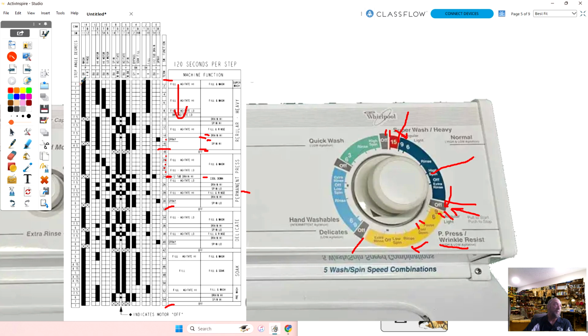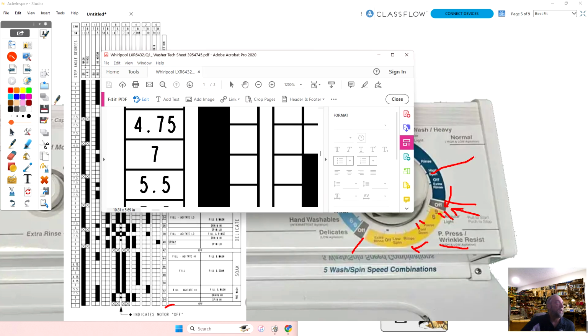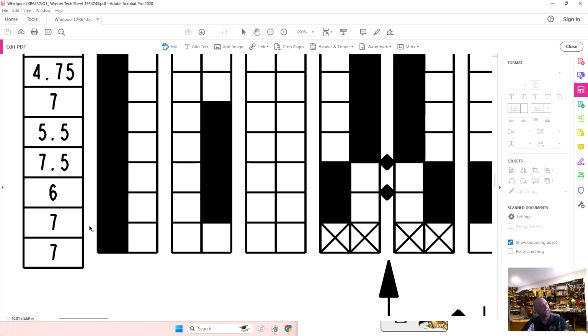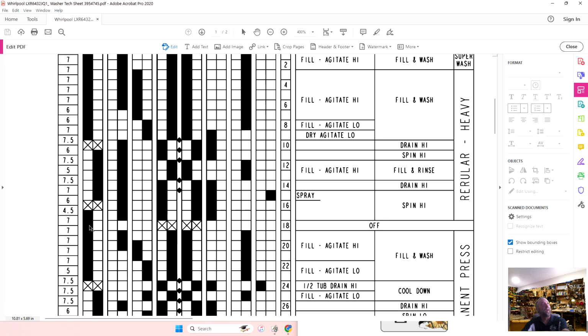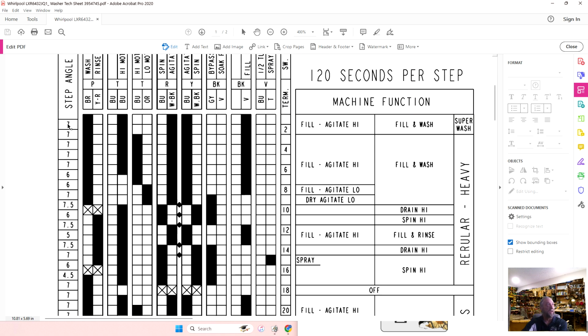Now, I did the math this morning. I'm going to open up an Adobe file, though, that is a little bit easier to see. But on these step angle degrees, I just wanted to show you, I never really looked at it before. If you look at all these numbers on the left-hand side, and this diagram is a little bit easier to read, I just can't draw on it. These numbers on the left-hand side are 7 degrees, 7 degrees, 6 degrees.